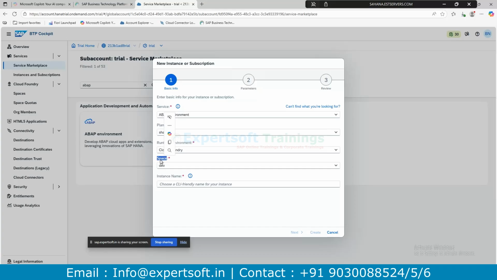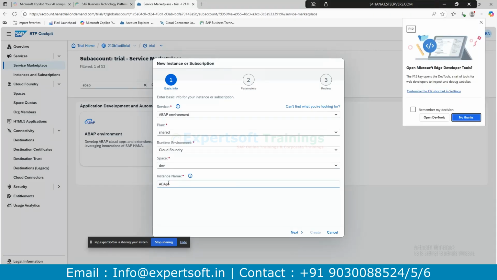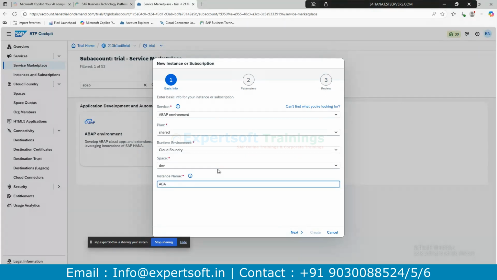There is a pricing model also. The concept will be there, one time or user based, or you can pay monthly, only whenever you use it. Accordingly you can subscribe to it. And for the instance name, you can give an instance name. All of these are not required on the developer side, but I'm giving an overview because BTP will be taken care of by all these operations.